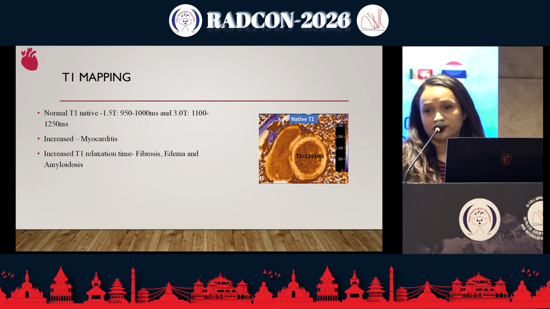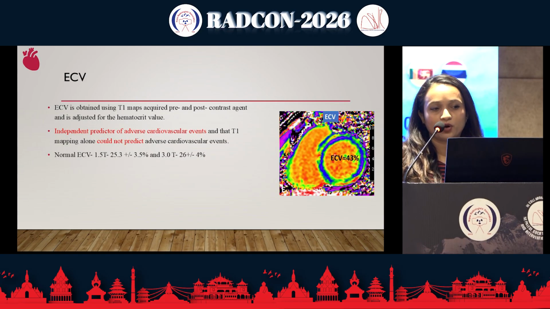And the value of T1 relaxation time is elevated in case of myocarditis, that can be more than 1090 and above in case of 1.5 Tesla, and in case of 3 Tesla it can be more than 13,000 millisecond, and the elevations can be seen in case of amyloidosis as well. And this is a case of myocarditis where we can see the elevation of the T1 relaxation time, that is 1391 millisecond. And another one is extracellular volume that we have to calculate from the pre and post contrast